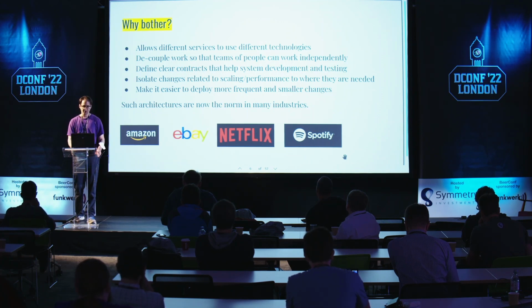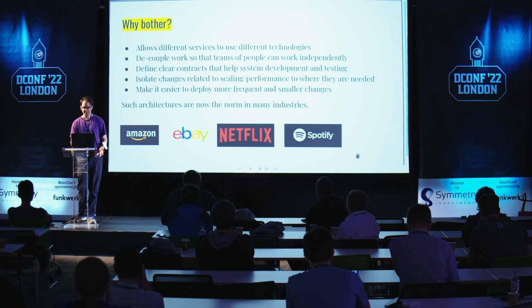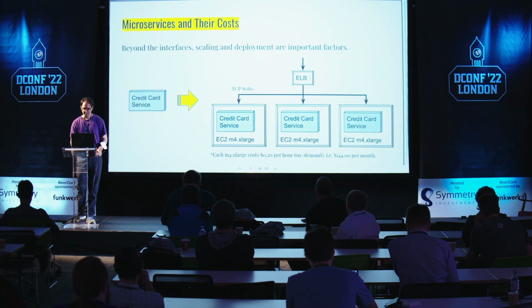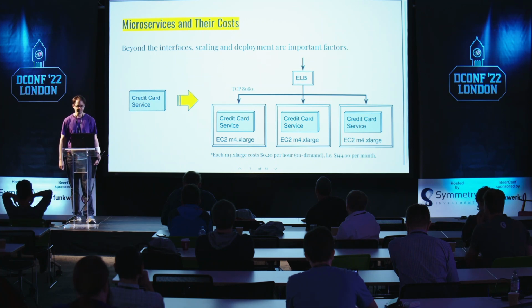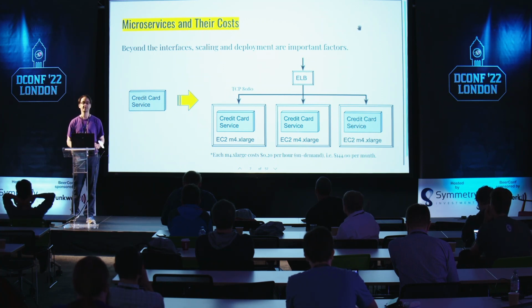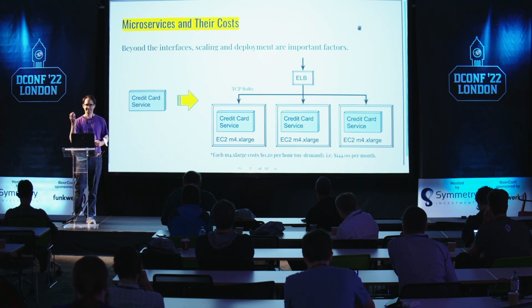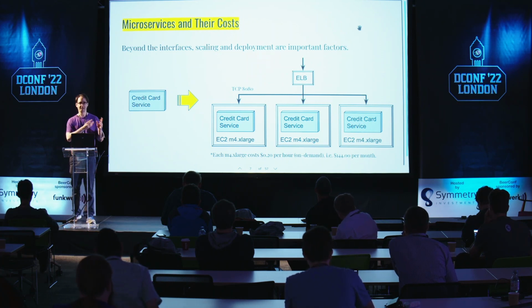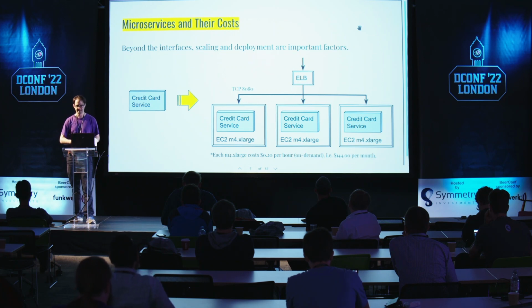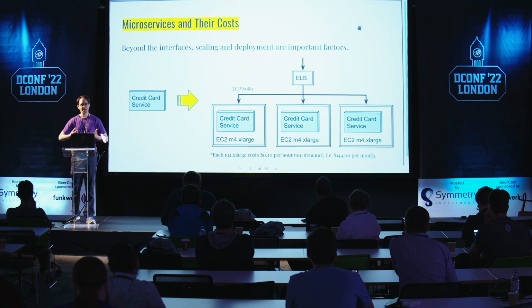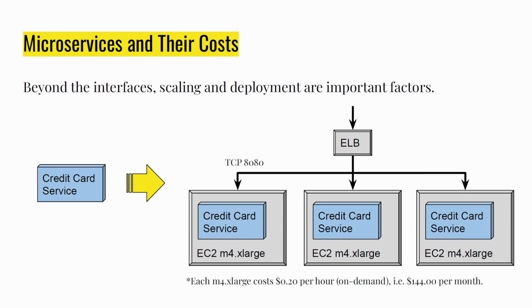And such architectures are the norm for a lot of businesses. So most web-based services that you know of, like Amazon, eBay, Netflix, Spotify, this is typically how they operate. Okay, but they're not free. Nothing's free. Instead of having one application with different sets of business logic, which may have been contained in libraries before or multiple processes on the same computer, I'm having them deployed as actual separate servers. Well, this normally can mean that you actually have a separate computer. If you have your own infrastructure or on the cloud, you can have separate computers there, and they're not free.